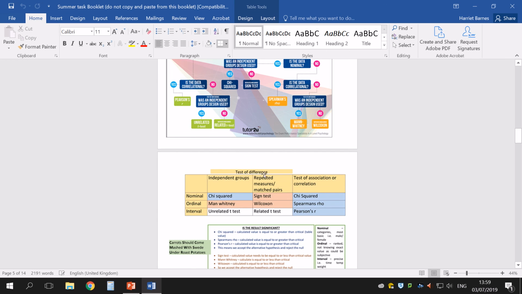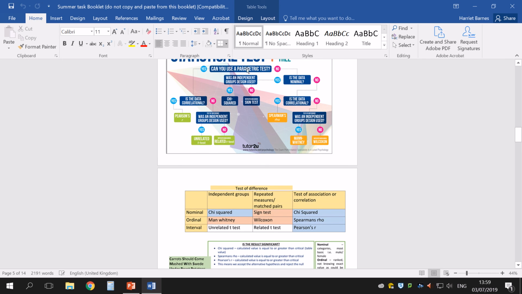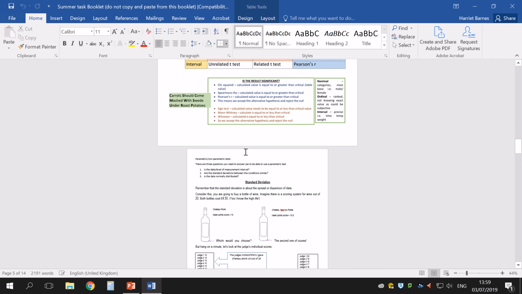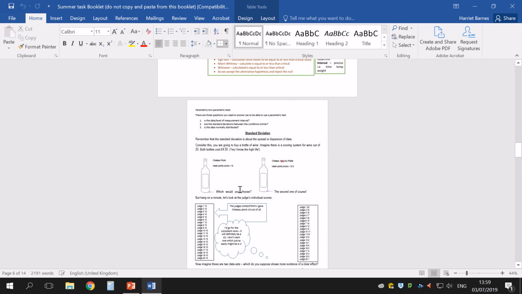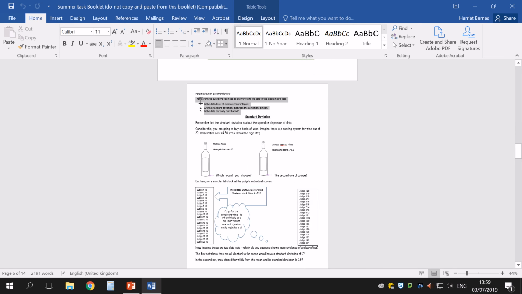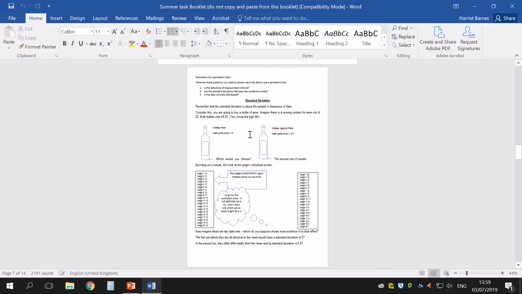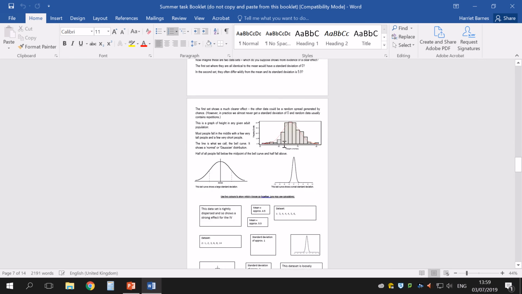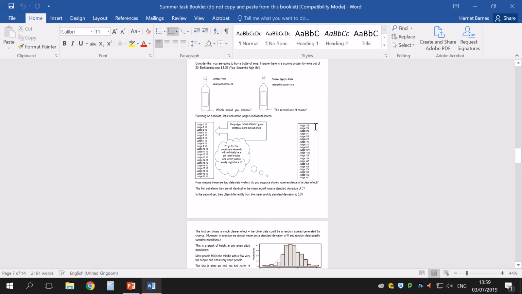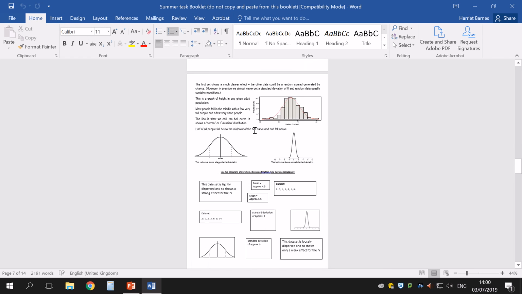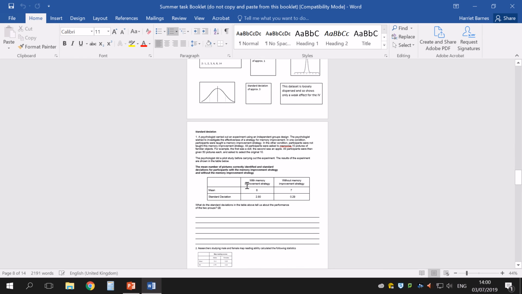The only danger with this one is that it doesn't ask about the parametric test, so you just need to remember about parametric tests. This is standard deviation. So they're the three questions you need to ask yourself about parametric and non-parametric tests. This is the standard deviation worksheet, as is this. So read this information carefully, look closely at these data sets. Okay, they're very helpful. So just think carefully about that, and then do the matching, and then have a go